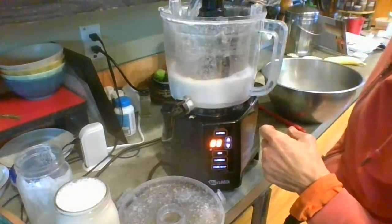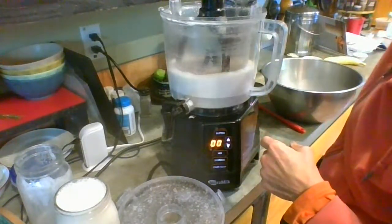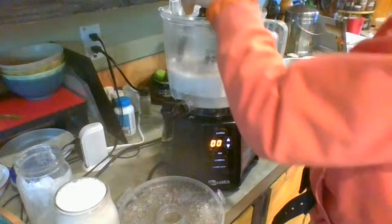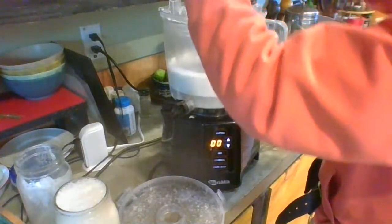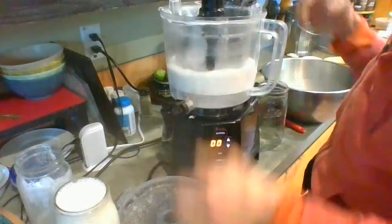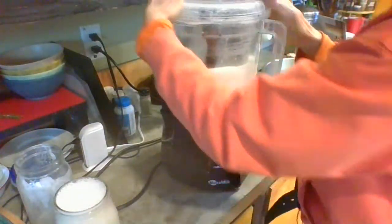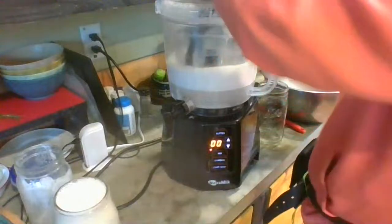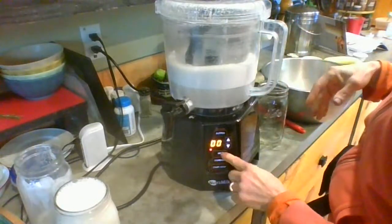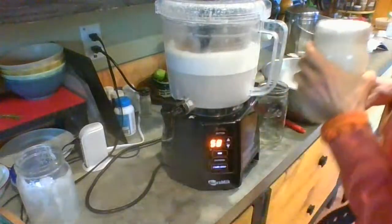And you know, as much as I've been doing this, I've never made the kale chips, so I'm excited about having kale chips in the dehydrator. We'll see. Okay, so here we go. We're going to mix for another minute. Dump this into the...